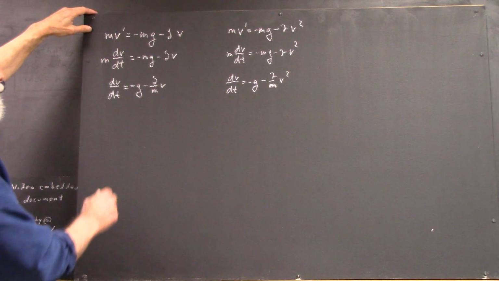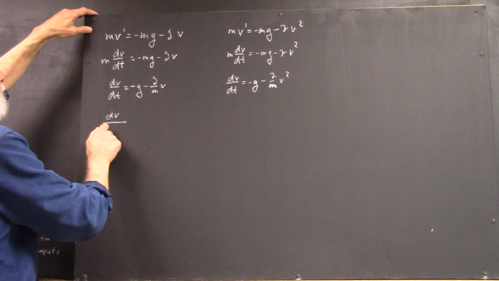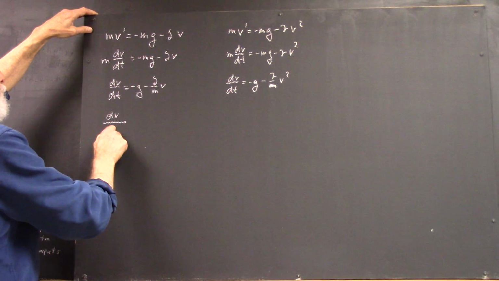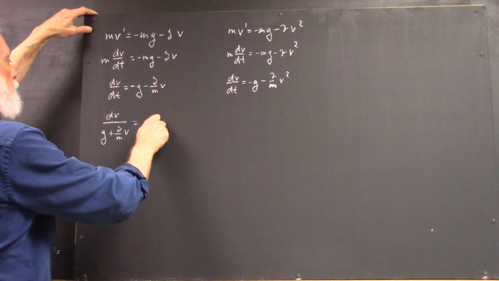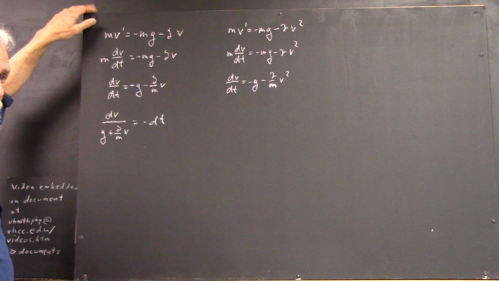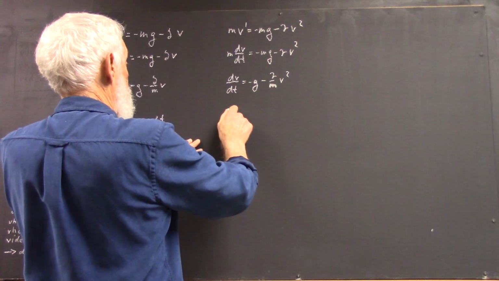So we can say, in this case, dv over g plus delta over m v equals negative dt. Over here we can say almost the same thing, except